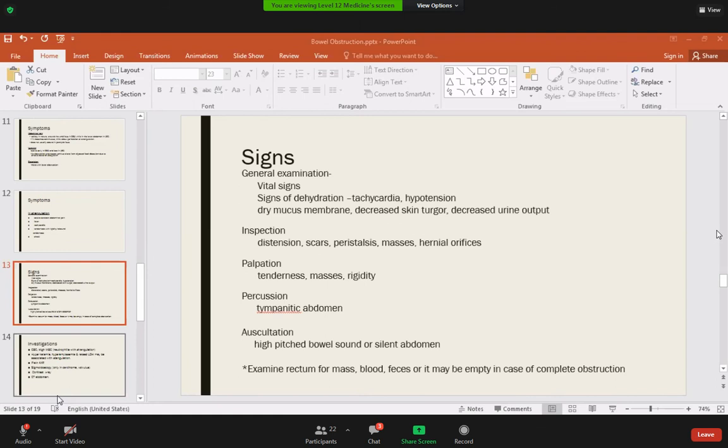Last but not the least, you have to examine the specific 5 areas. You have to see the rectal area and do a digital rectal examination, look at the genitalia, and look at the hernial orifices. If you are suspecting a malignancy, look for the supraclavicular lymph nodes. Don't miss these things when you are doing an abdominal examination, because sometimes your diagnosis is hidden in these